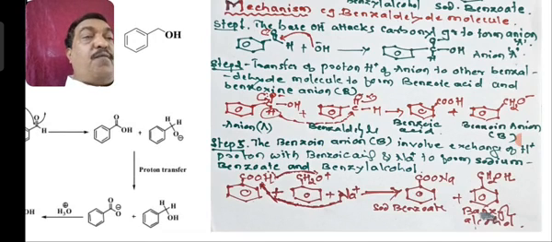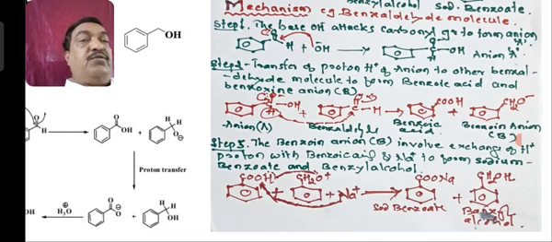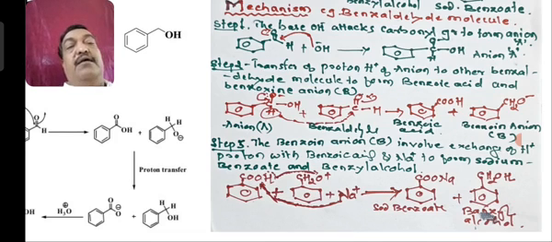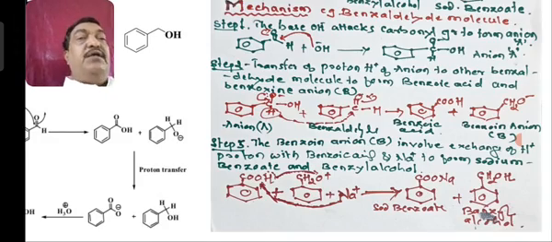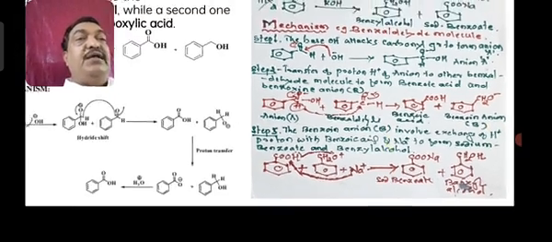CH2O minus and Na plus. So the proton moves to CH2O, making CH2OH, and COO becomes COONa, sodium benzoate and benzyl alcohol. So this is the mechanism. You can use either my representation or the other internet-downloaded mechanism you can see. Okay, so this particular reaction is called the Cannizzaro reaction.